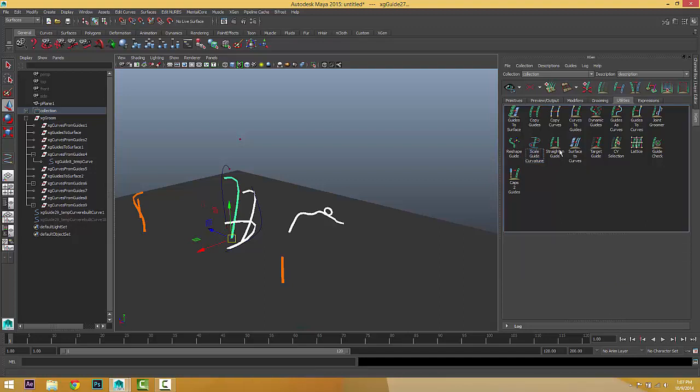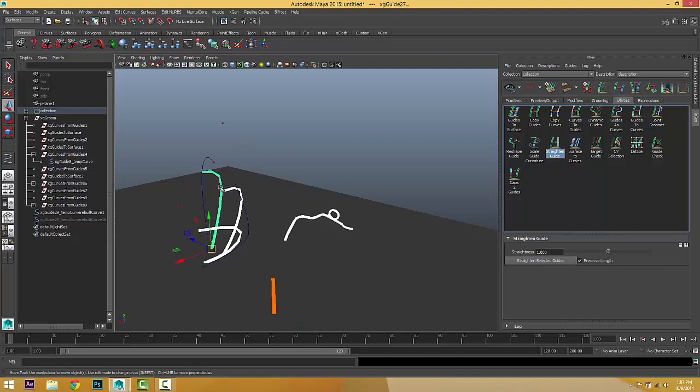Amazing. Also, we can have straighten. It's quite the opposite of curvature. It makes the guide straighten. We just select this guide, which is very curved, and choose straighten. With one click, it will straighten the guide with the length preserved. Okay, we just choose undo. Just don't preserve the length, and it will be shortened, because the curvature will not be straightened back to its original length.